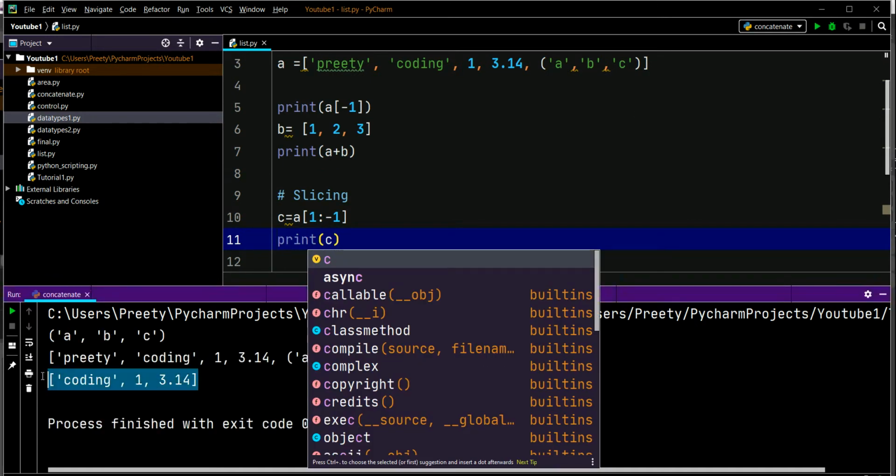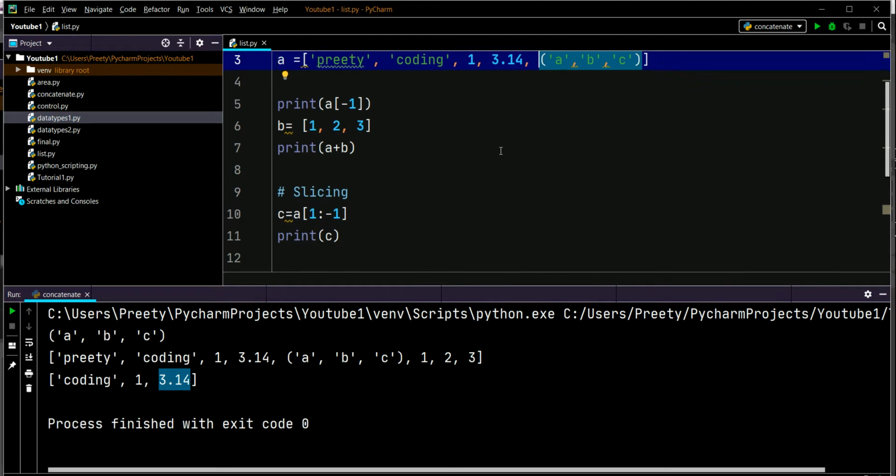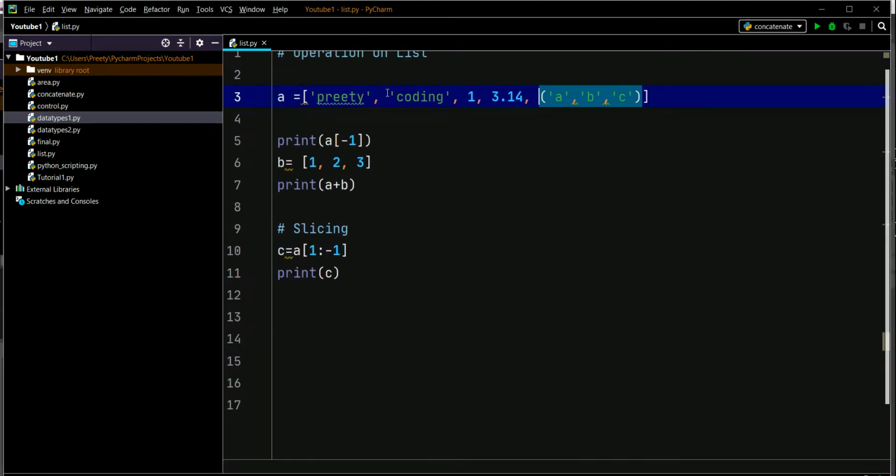What did you get? We have given from 1. So it printed coding, 1 and 3.14. But why didn't it print the last element? Because in a slicing operation, whatever starting index you give, it will start printing from there.